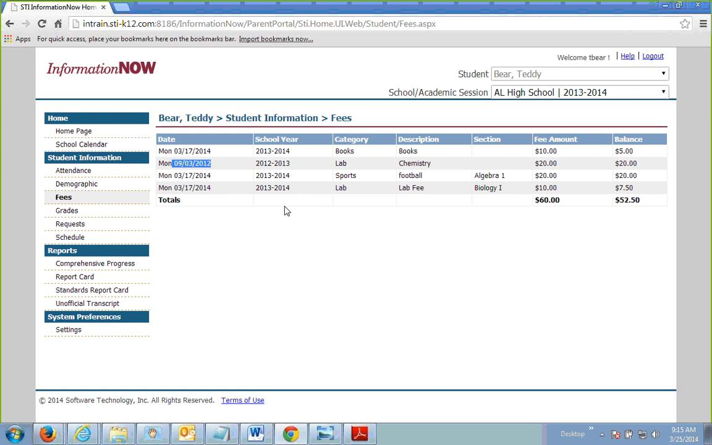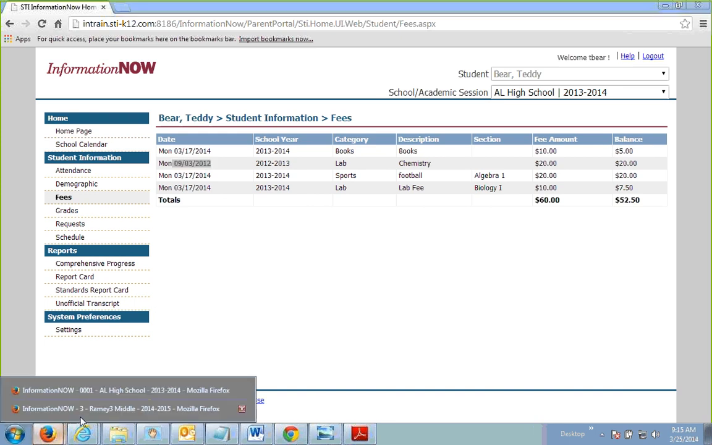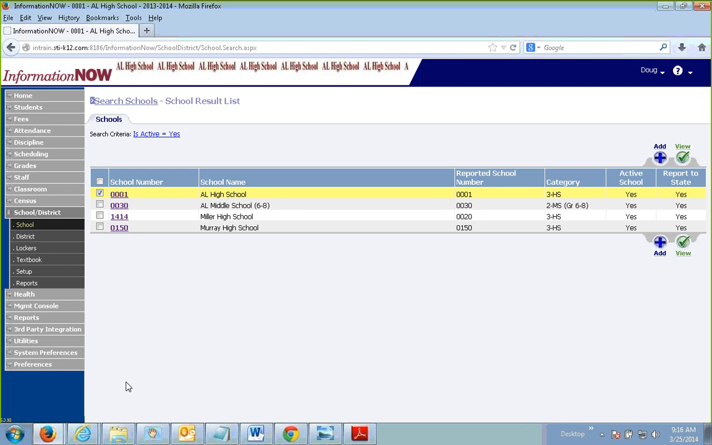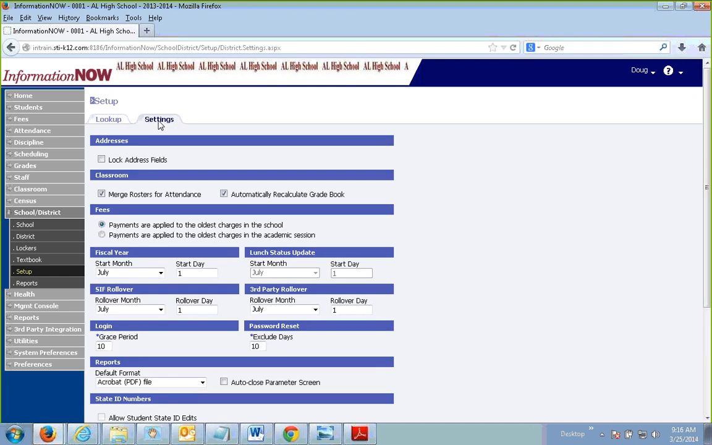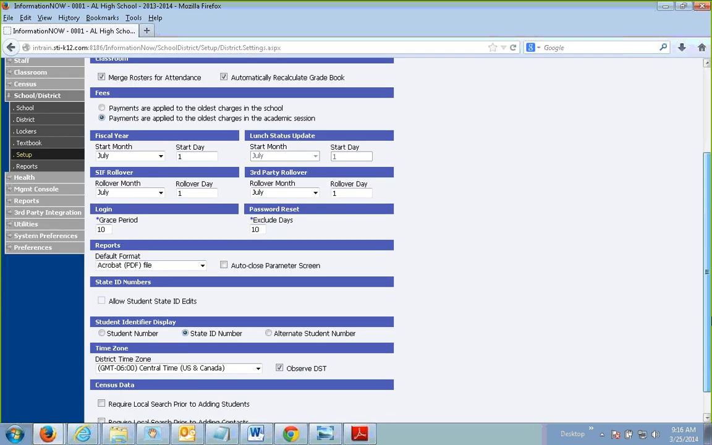If I don't want to see that, I can actually control whether or not that's visible by setting in Information Now. So to do that, I'm going to go to my Alabama High School current academic session, and I'm going to go to School/District, Setup, in the Settings tab. And under Fees, I'm going to change Payments are applied to the oldest charges in the school to Payments are applied to the oldest charges in the academic session. So this is going to make it so that I only see fees in the current academic session. So I'm going to scroll down, click OK,